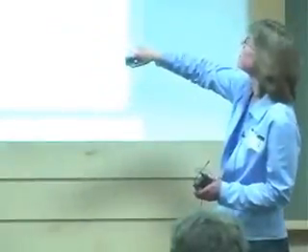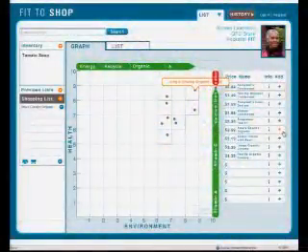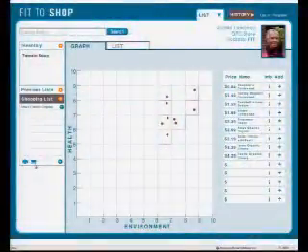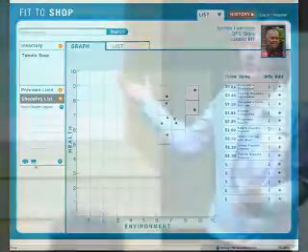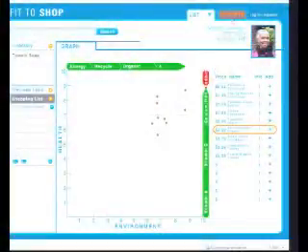And then when she's decided which purchase she wants to make, she can click on one of these plus symbols, and that appears over on her shopping list. So she can continue on, explore more products, and when she's ready, she can print it out and take the list to the store with a record of the decisions she's made. Okay, so that's one aspect of Fit to Shop. This is the page that helps you make decisions about products.